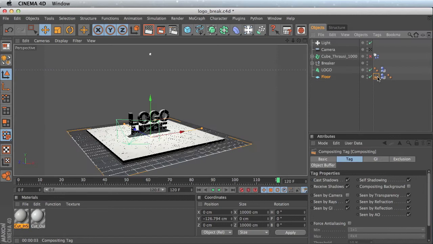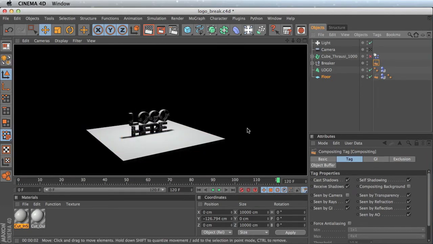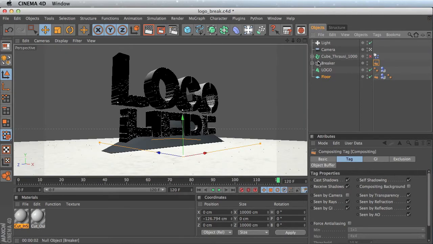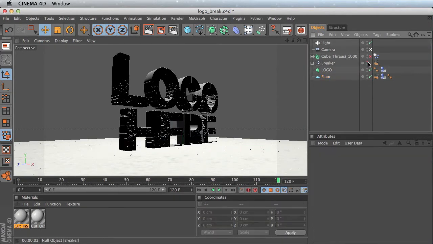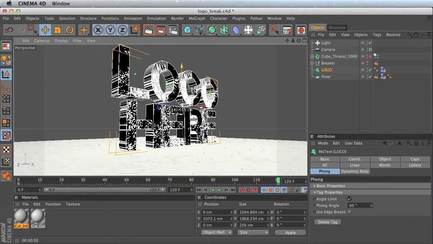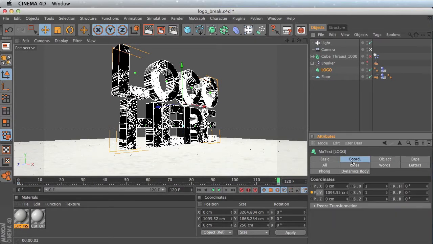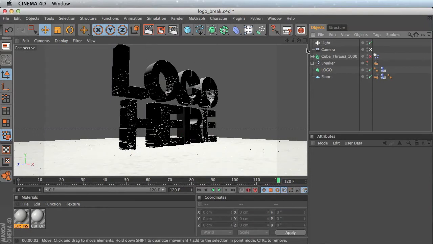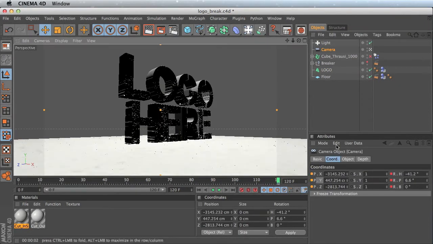And I can just take this, select it, and then command drag it onto my breaker object, so that's not seen by the camera either. Now we're starting to get somewhere. Let's come in here, and we could probably go ahead and click this one twice on the breaker, so it's still there, but it's not seen in our scene, because it's kind of annoying when you're trying to texture. We could probably even animate the logo up a little more so that we're seeing all of it on the floor there. There we go. And I'll go ahead and keyframe that, and maybe pull back the camera so the whole thing is visible in frame. And then if we do a quick render,